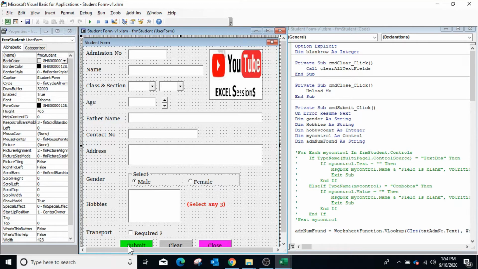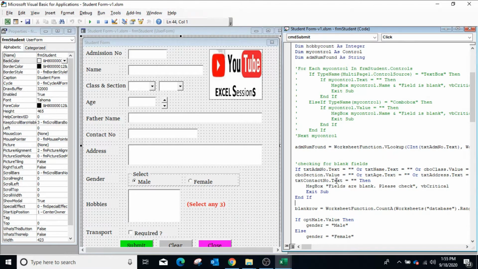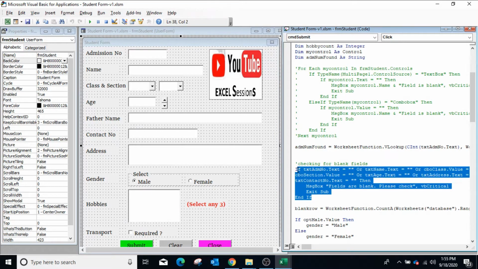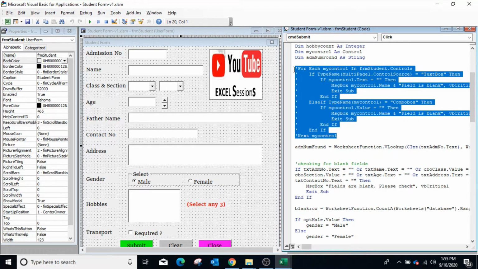Before saving data from user form using submit button, we are checking the individual text fields and the combo box for the blank values. We have commented the earlier code which we have used to check the blank values.